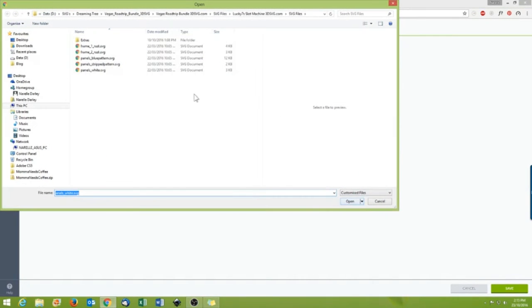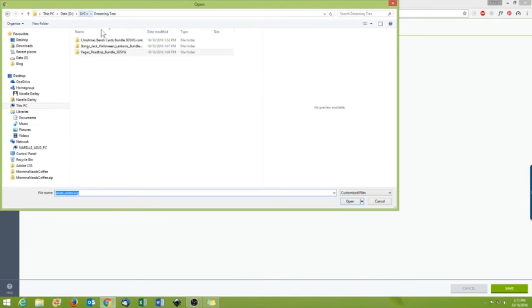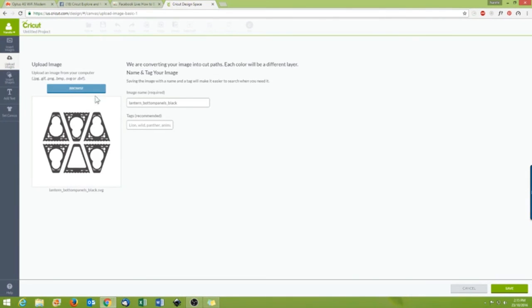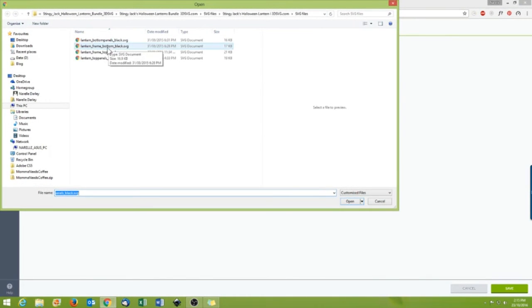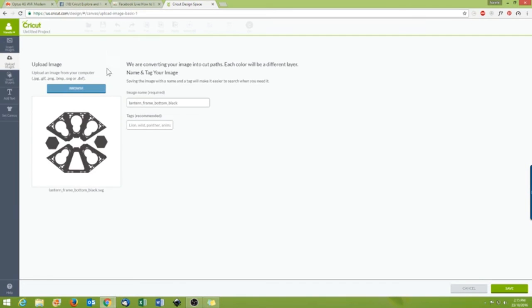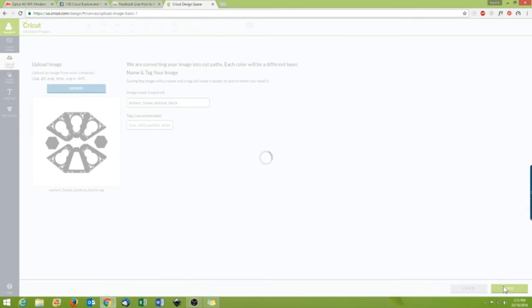I'm just looking for an image that's actually got some score lines in it. I don't know if they have either. I think this one does. Okay, so here's my SVG from Dreaming Tree for the lantern,